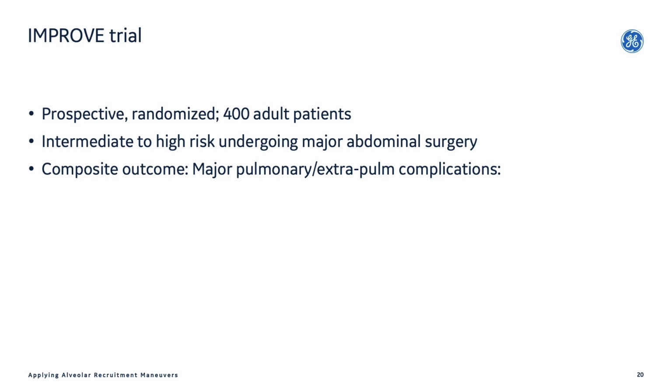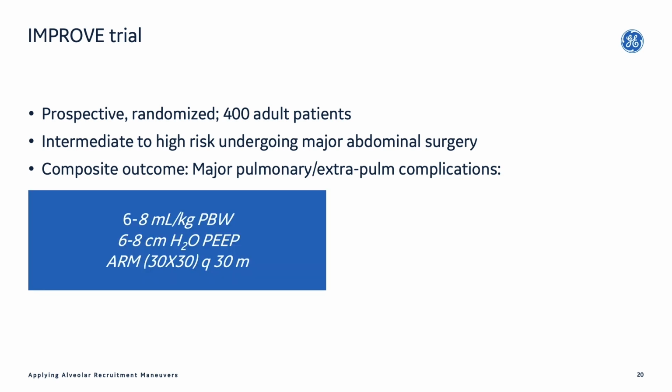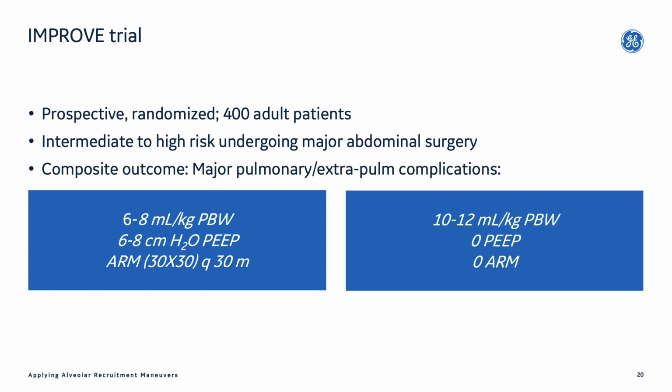The IMPROVE trial randomized 400 adult patients undergoing major abdominal surgery into either a low tidal volume group or a standard 10 to 12 mL per kilogram tidal volume group, and looked at a composite outcome of major pulmonary and extrapulmonary complications. The low tidal volume group received 6 to 8 mLs per kilogram predicted body weight tidal volumes with 6 to 8 centimeters water PEEP, and recruitment maneuvers performed every 30 minutes of 30 centimeters water for 30 seconds. The control group received tidal volumes of 10 to 12 mLs per kilogram predicted body weight with no PEEP and